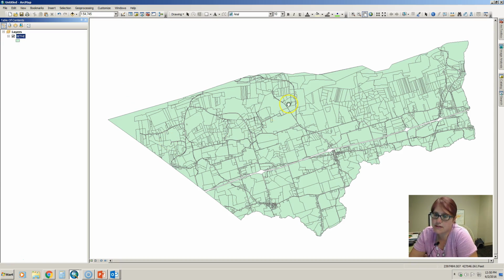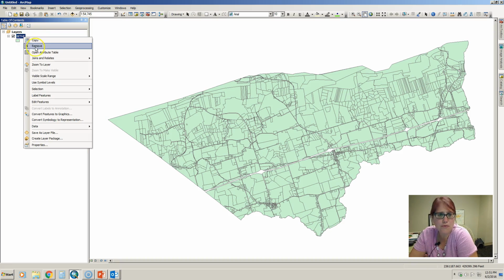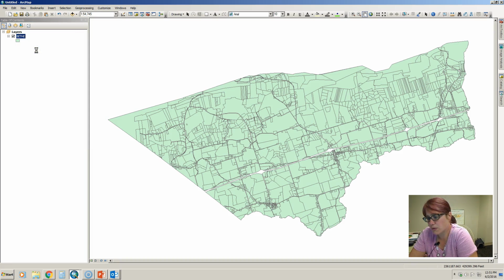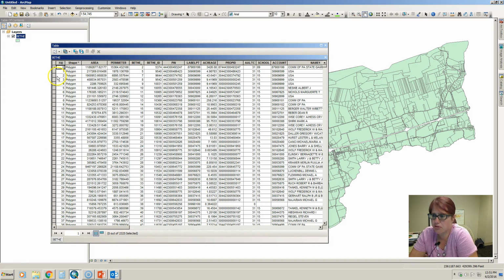And what this is good for, single symbol, is just understanding the general geographic distribution of features. So not all the time you want to symbolize your data. Sometimes it's completely appropriate to have it as single symbol, as you see here. But if we open up our attribute table for this data set, and this is parcel data, which shows the property lines